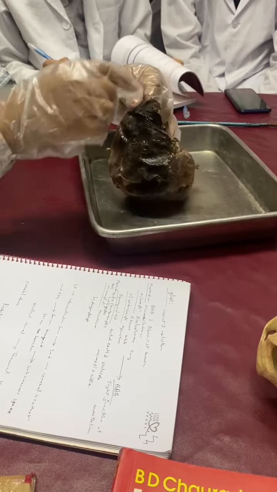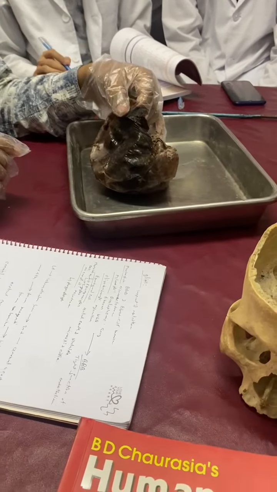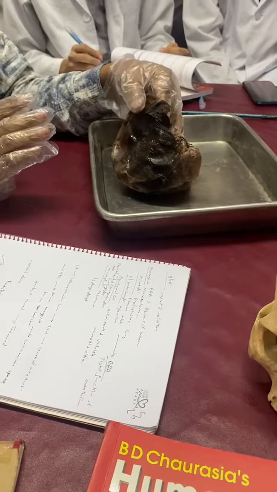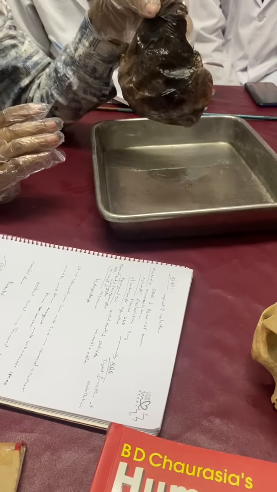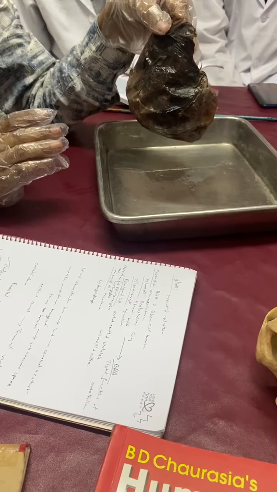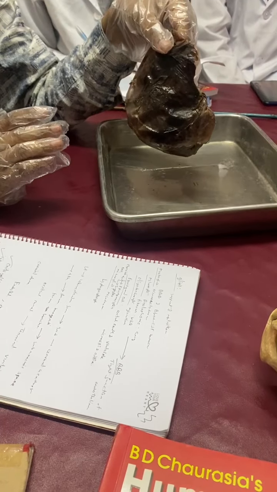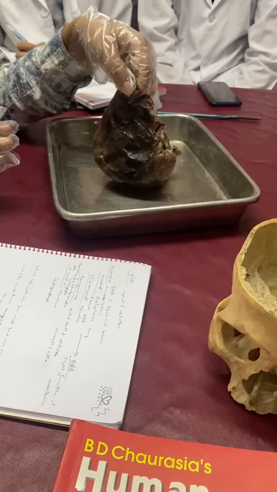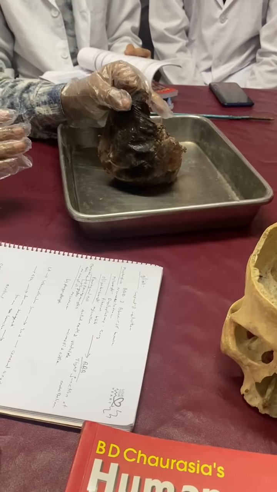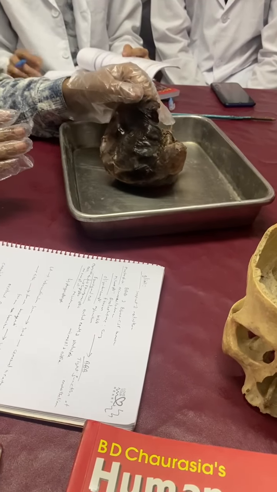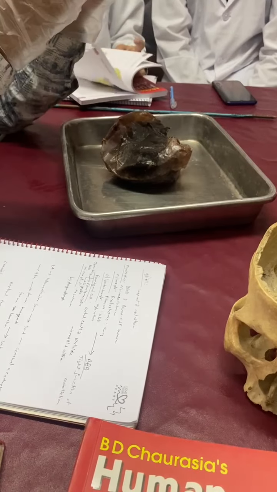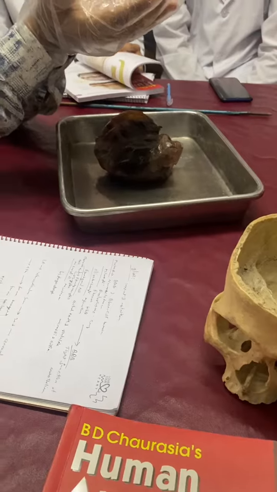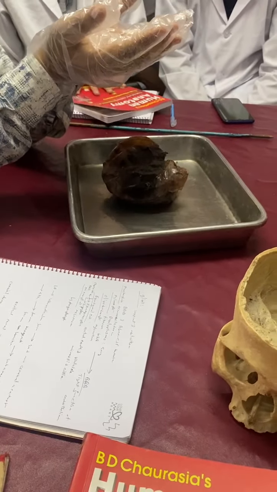Okay, so the meninges has three layers, and two layers of the meninges are attached to the brain. So here we can't find these two layers. Why? Because those two layers are attached to the brain, and these two layers are commonly called leptomeninges. Okay, so when we discuss the viscera of the brain, then you have to say that it is the viscera of the brain with its leptomeninges.